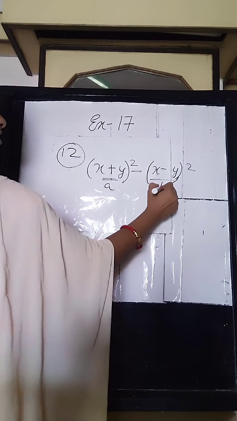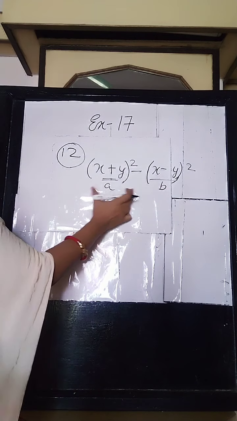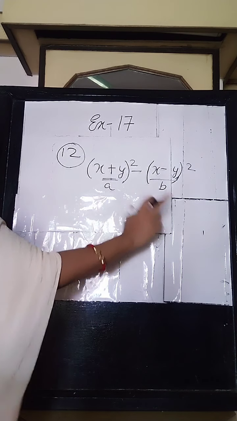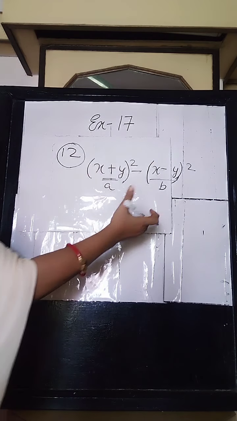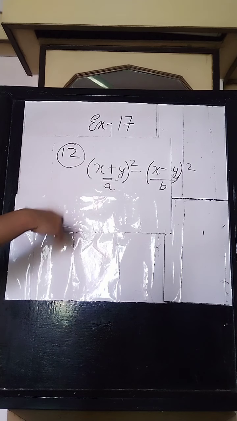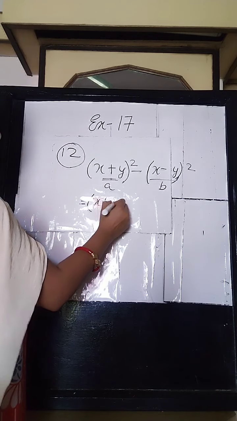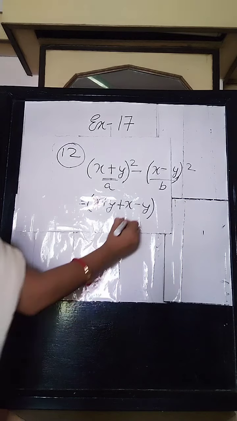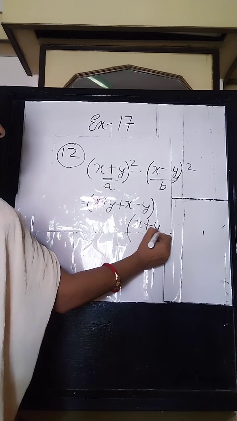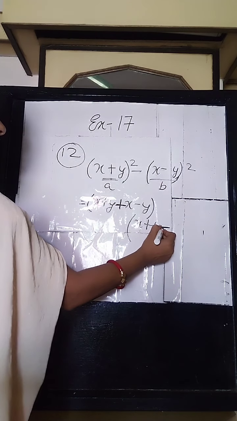Now here in this case, this is a, this whole term is b. Then first you will write x plus y in one bracket and x minus y in another bracket. Be careful when you do the minus, because the sign of the variables inside the second bracket will automatically get reversed. Let's see, x plus y plus x minus y in one bracket, no problem there. But in the other bracket you have to write minus.